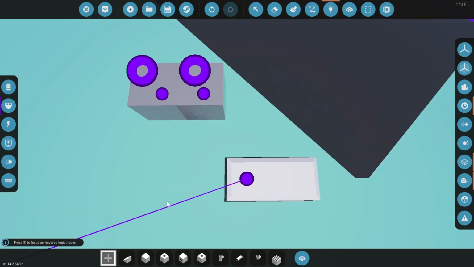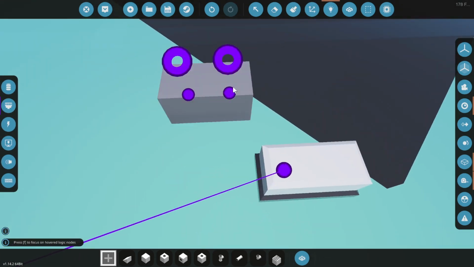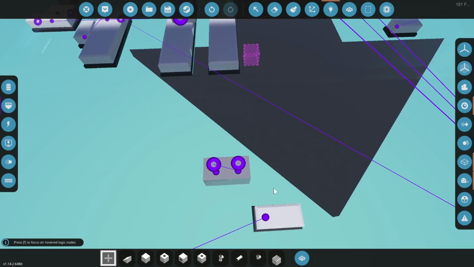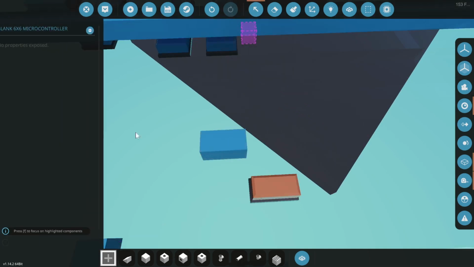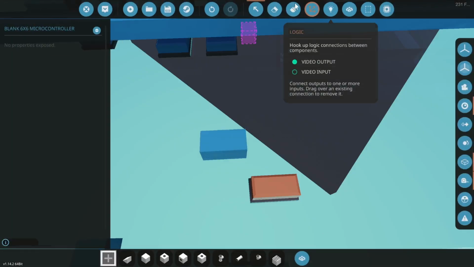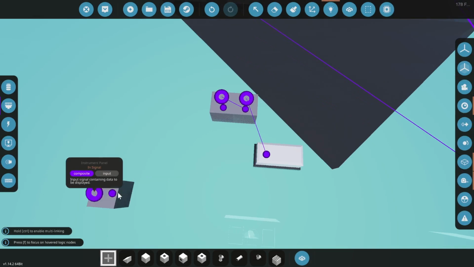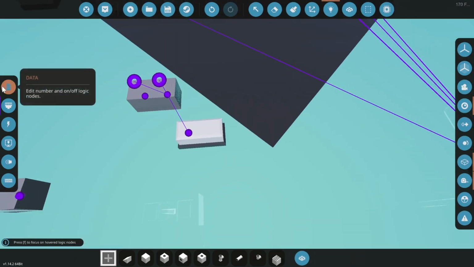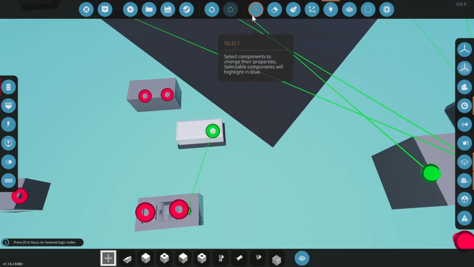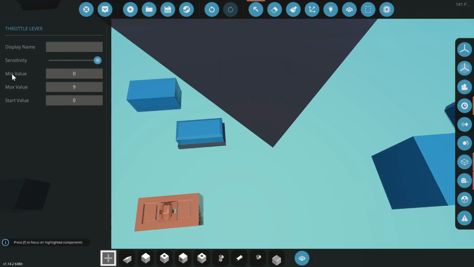Now, we're going to take this, and we're going to take this one, hook it to there. Wait, is this our mic? Yes. I'm going to grab this, hook that up to there. You can ignore that. We still got our throttle hooked up to here. Now so we can make our demonstration, we're going to take our thing and we're going to set this